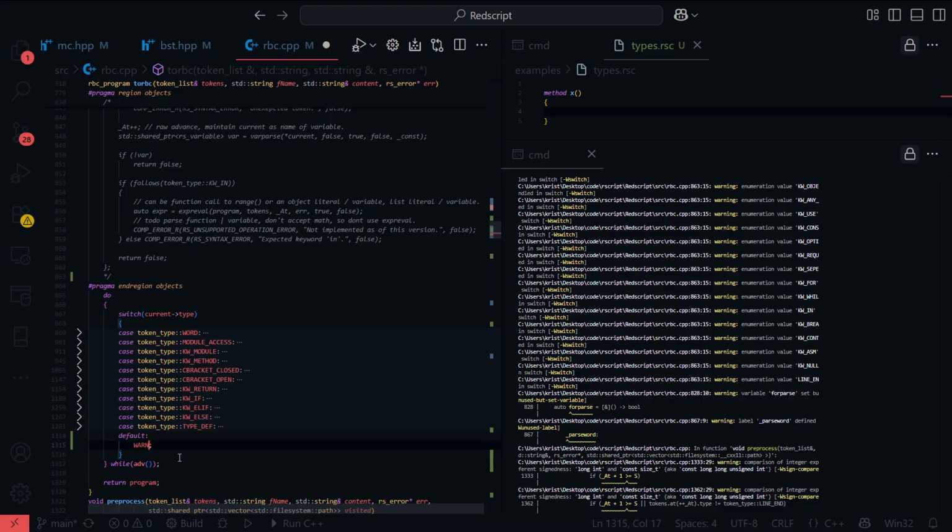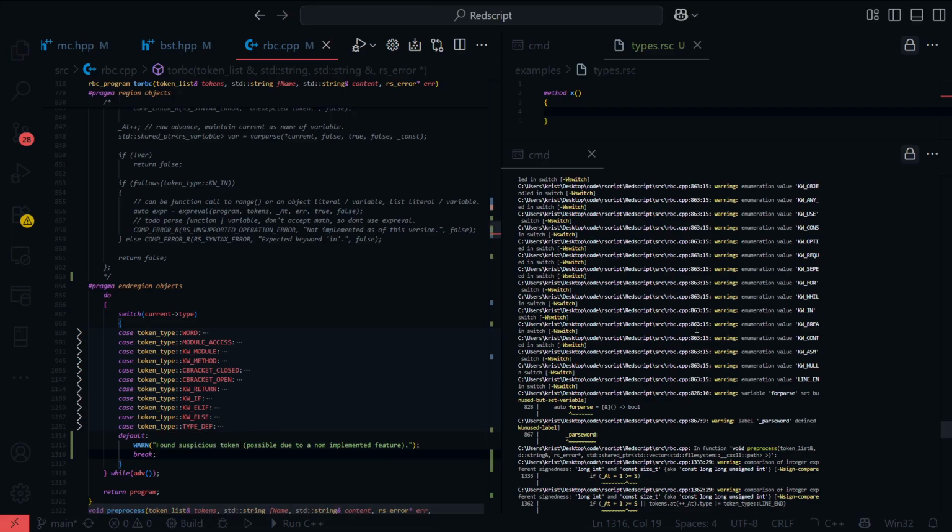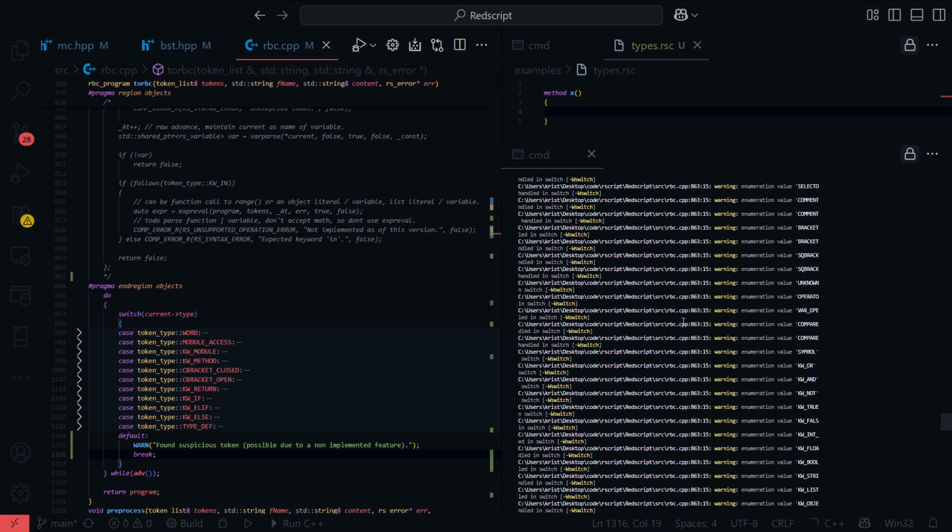I might just put a warn here and say, found suspicious token, possibly due to a non-implemented feature. I'll do that and see what we actually get when we compile that. Okay, up we go.